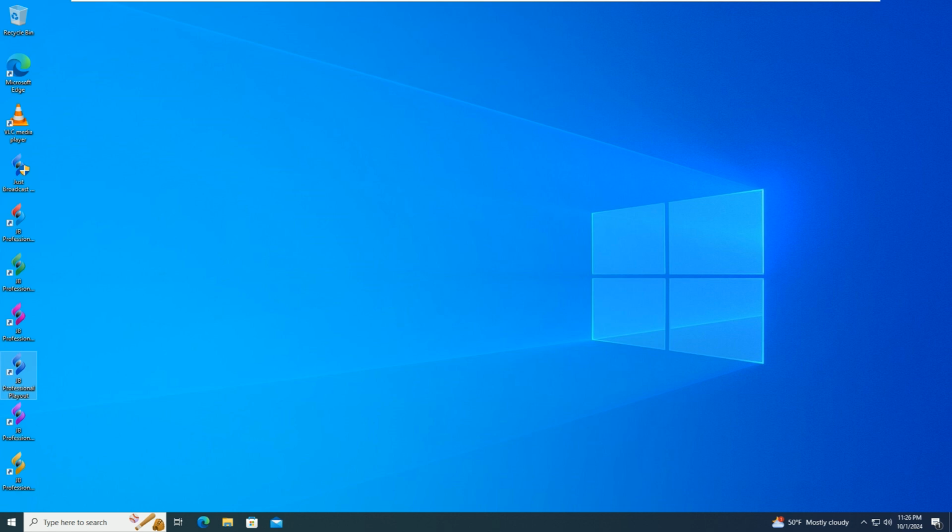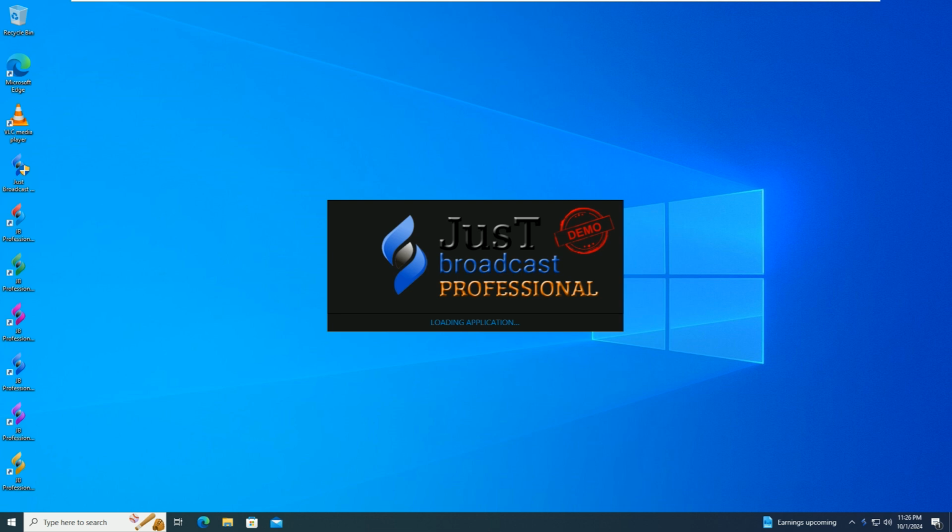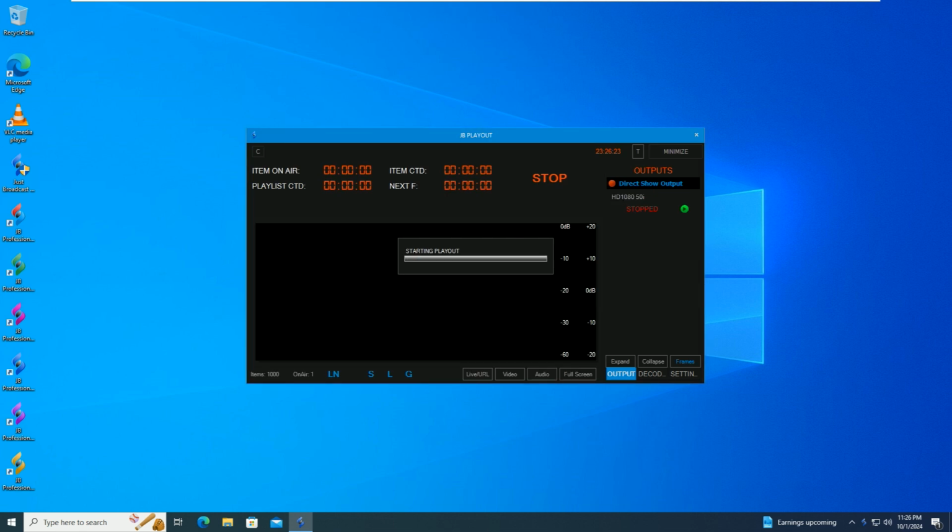And now we can finally start playout. Again, double click on the blue icon, Just Broadcast Professional Playout. Wait for it to load. And this is our playout application. As you can see, it doesn't do much,